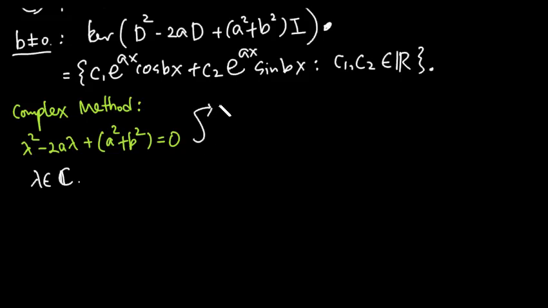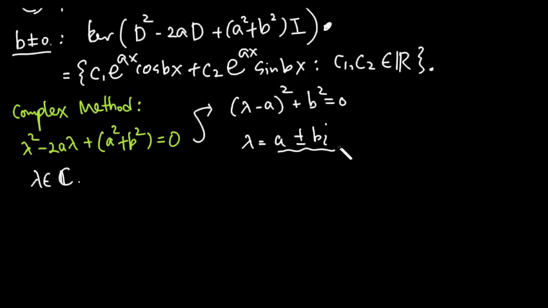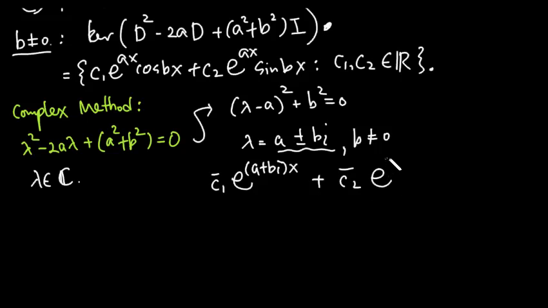So if you solve this thing for lambda, it factors through, you just complete the square like this, and lambda is going to be a plus or minus bi. Using these two solutions, if b is not equal to 0, we consider C1 bar as a complex coefficient, with this a plus bi in the exponent, and plus C2 bar, a complex coefficient, because we enter complex